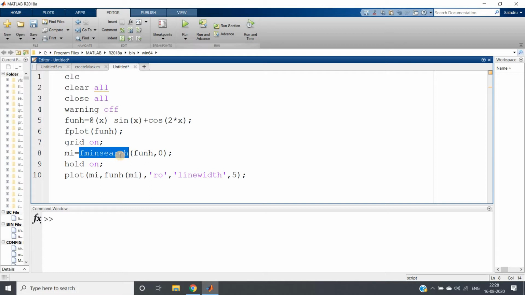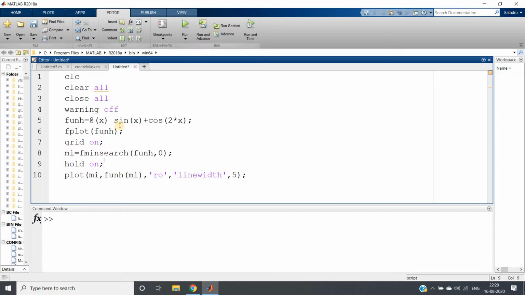So basically we try to find the minimum of our cost function, and this fminsearch is a very powerful function which can be used in different places to find the minimum. How to use this function I am going to discuss in this video. In my upcoming videos I will discuss how we can fit different models on our data set using this fminsearch. So let's start.